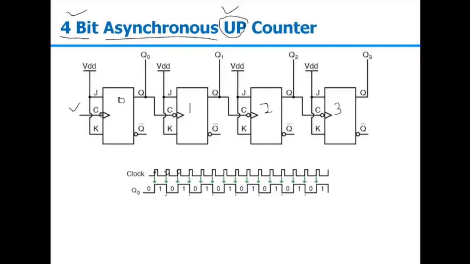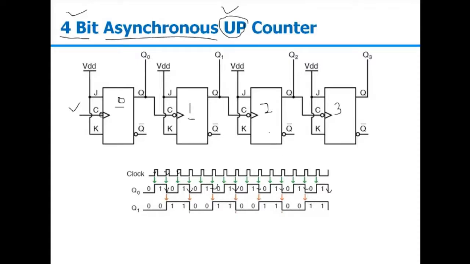Now this Q naught will be working as a clock to my first flip flop, first stage, since we are talking about the 0 stage, first stage. Since the first stage is also negative edge triggered, at this instant my first stage will be working. And in the first stage again, J and K both are equal to 1, so it is working in the toggle condition. If initially Q1 is also in the reset condition, then whenever the negative edge of Q naught comes, my Q1 will toggle. So it is going from 0 to 1, and then 1 to 0, 0 to 1, and so on.